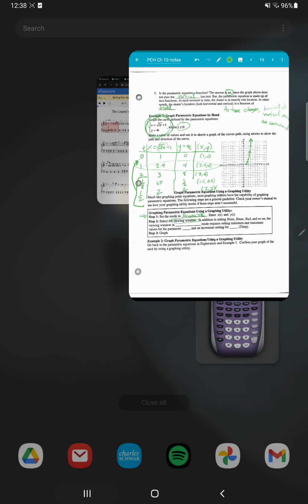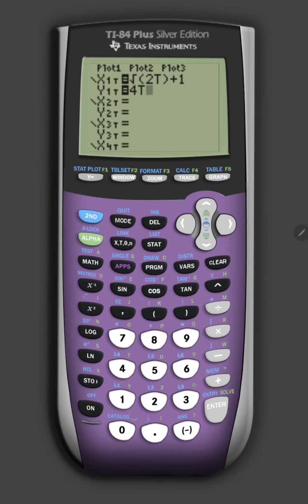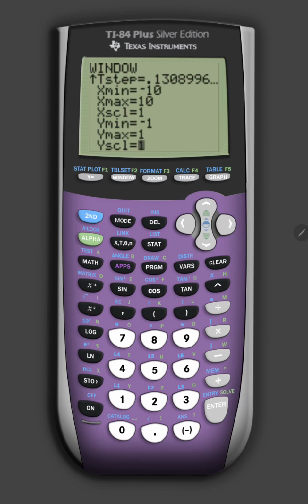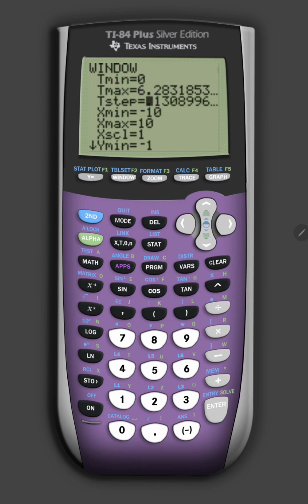Okay, so as we go to the viewing window, I'm going to push window next to y equals, and now you're going to notice it's a little bit different from what we've seen before. You used to start off with x min, x max, x scale, y min, y max, y scale. But you'll also notice that there's this extra component that has the